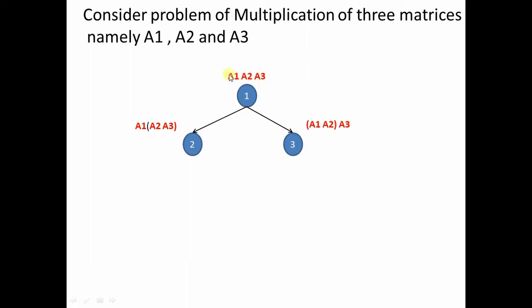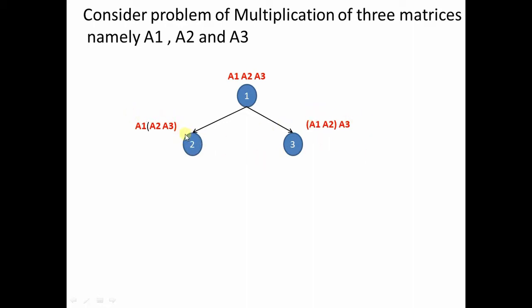So this goal can be solved independently by either this sub goal or this sub goal. Either this way only you will get an answer, or this way only you will get an answer. So this is an OR arc. These are called OR arcs, and this is called an OR graph. Either only this branch will take you to the solution, or only this branch individually will give you the solution. See, 2 and 3 are not dependent on each other. Either only this way you can solve the problem, or only this way you can solve the problem.